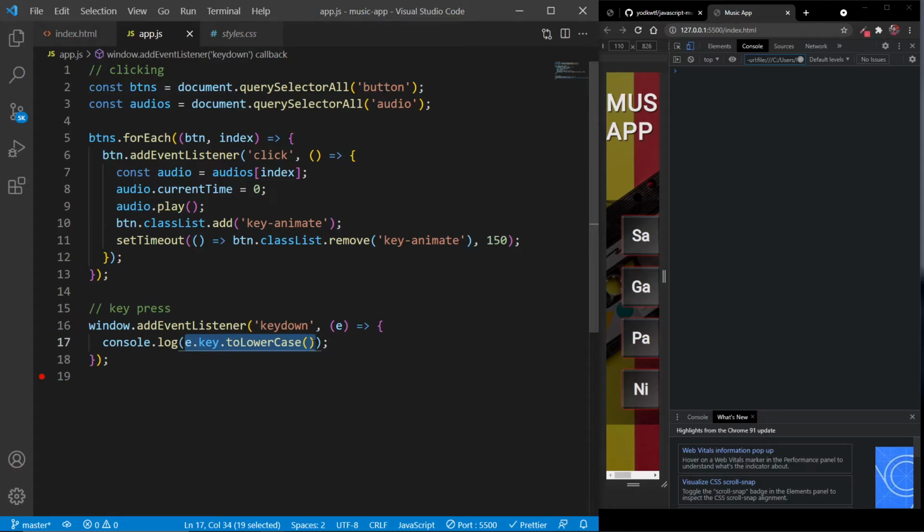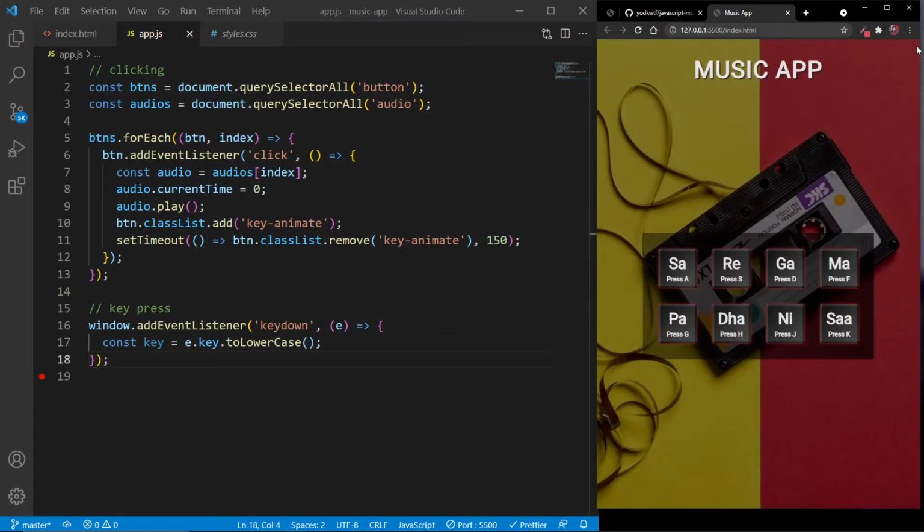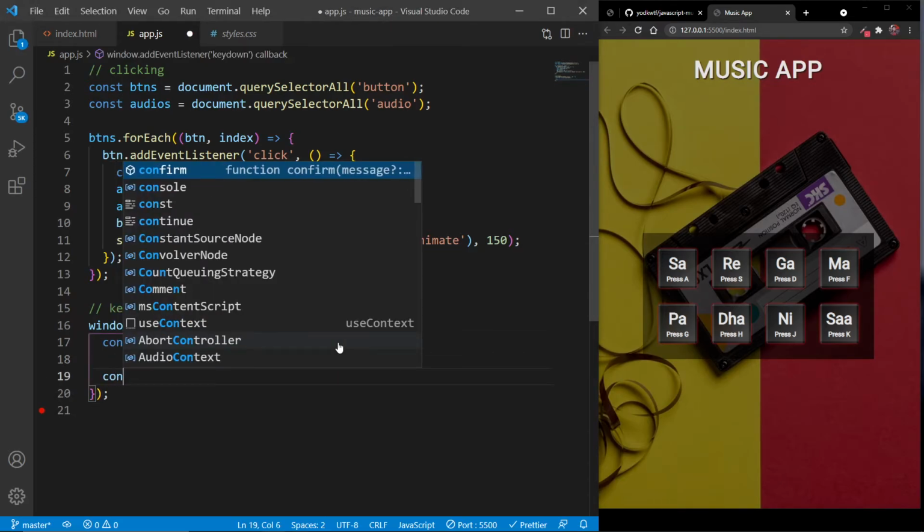So instead of console logging, I will assign it to a variable. Name of the variable will be key, and it will be equal to e.key.toLowerCase. I can just close the console now, and the next thing to do is select my audio,